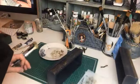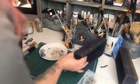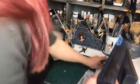Right, okay. There you go. So we've got some stenciling here on this side. Now I'm going to take